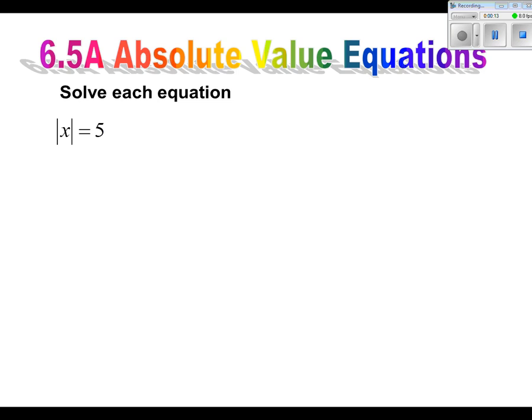So for the first one, absolute value of x is equal to 5. We have to remember the definition of absolute value, which says how far away from the 0 on a number line is a number. In this case, how far is 5 away? Well, there's two different answers to this. It can be x is equal to 5 because 5 is 5 away from 0. Or at the same time, x can be negative 5 because that happens to be 5 away from the 0